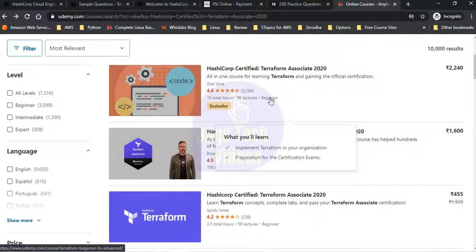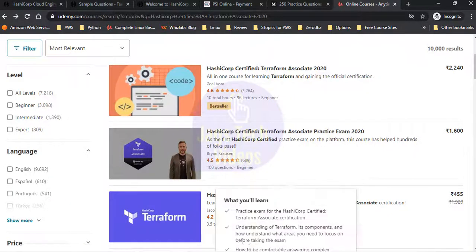do not get confused with so many materials. Just go through these three courses. It should be more than enough. Even the Zeal Vora course, its practice tests under the course, and the Medium questions should be more than enough for you to clear the exam, right? And if you are a beginner, lab is very compulsory. Doing this course alone without labs will not help you.